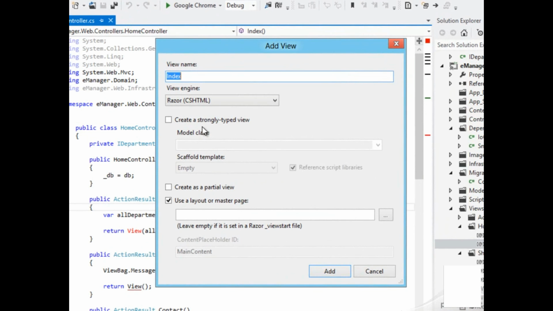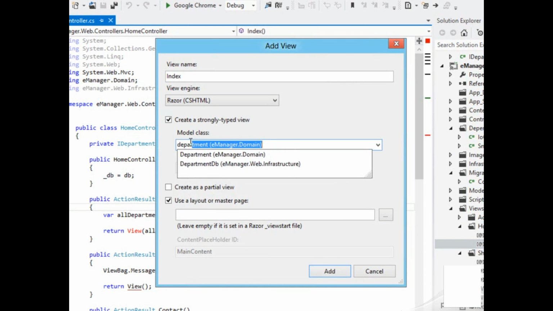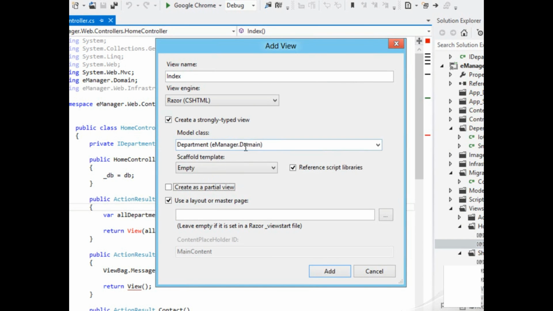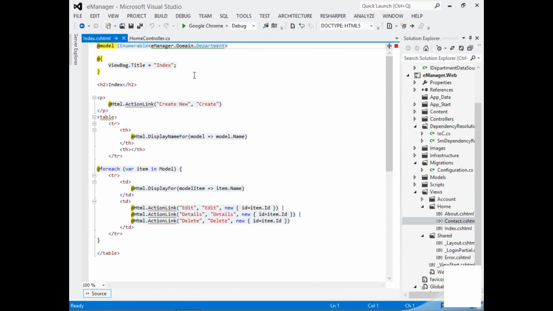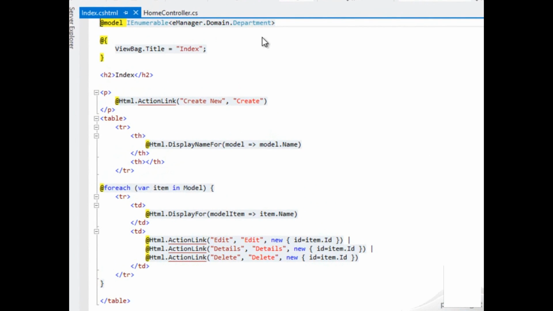This is what we call scaffolding in ASP.NET MVC. It's the scaffolding that builds out things for you. I can say I want a strongly typed view. That is a view that knows what type of model is being passed into it. I can say that the model I'm passing in is a department. Actually, it's a list of departments. So please scaffold out a view for me that uses my default layout page that would display a list of departments. And if I click add, I'll get some HTML markup and Razor instructions to dump out a list of